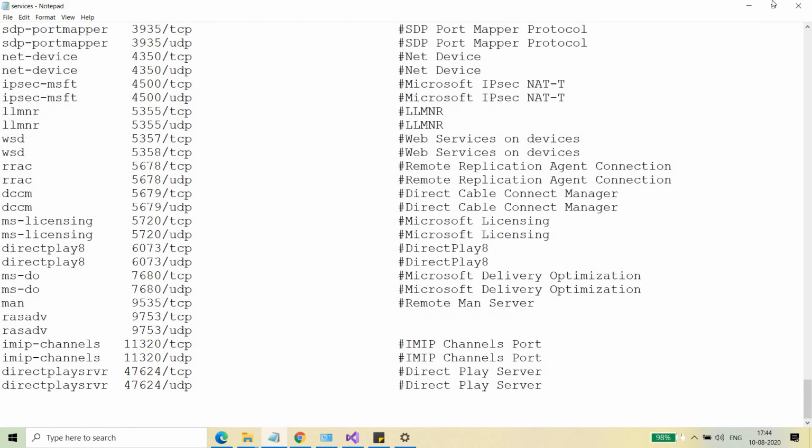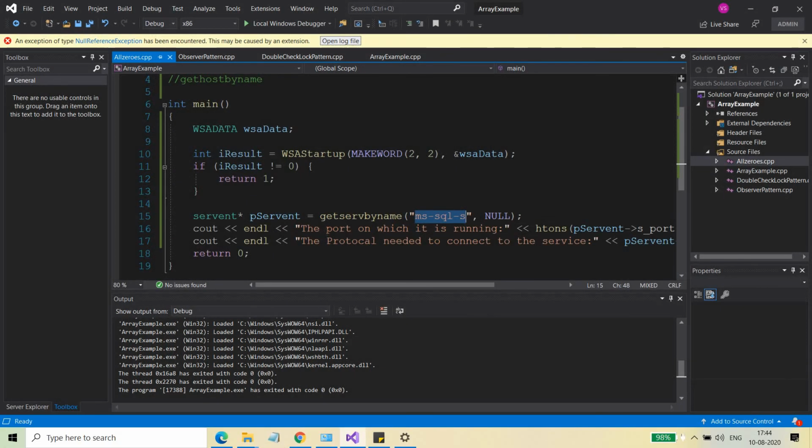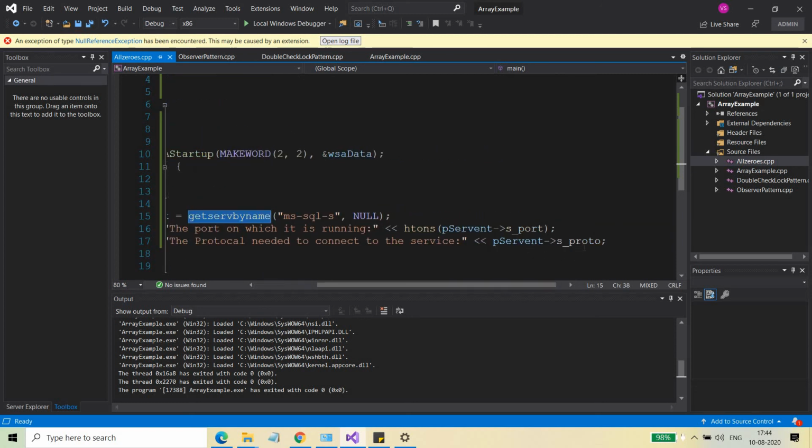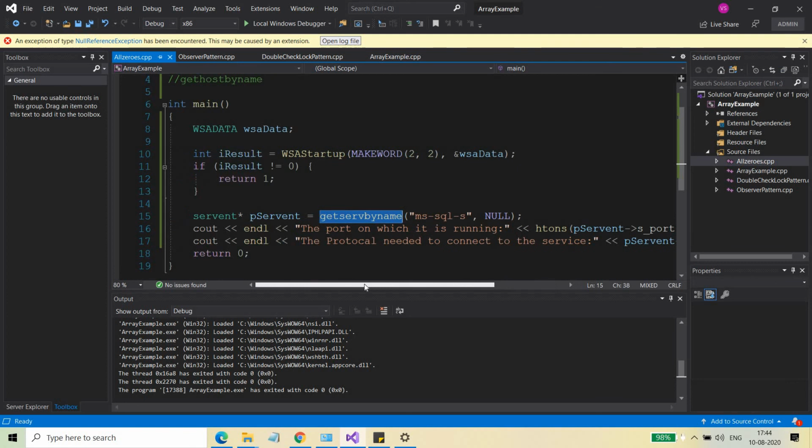So by reading the contents of this services file, your client application uses this function getservbyname. It gives the name of the service, and it finds out the port number and the protocol using which it is connecting, and then it calls the socket function, and inside the socket function it passes the appropriate protocol.